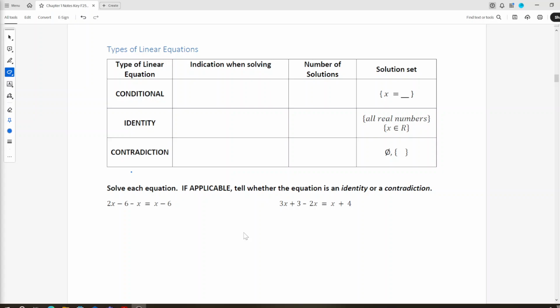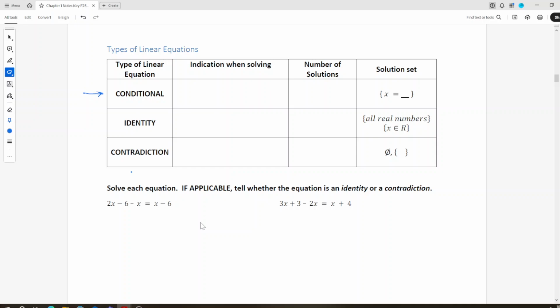All of the questions that we did up until now, we got to ignore this sentence because we got a solution. We got x equals 5, x equals 2. What's going to happen now is that when you're solving, something's going to happen that's going to make you go, huh, what? So up until now, every question